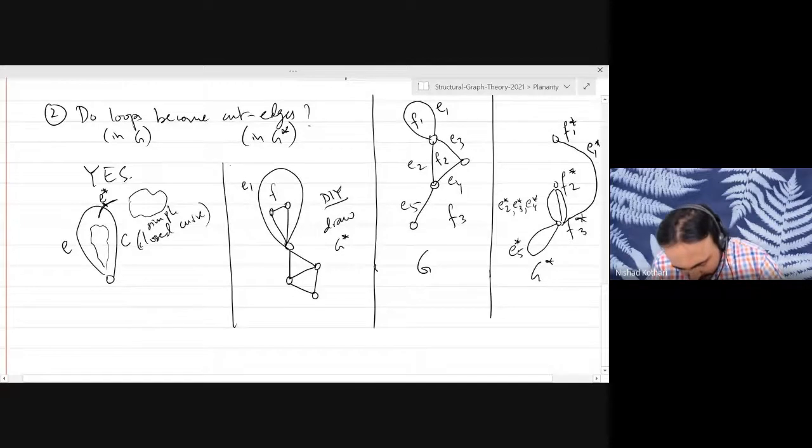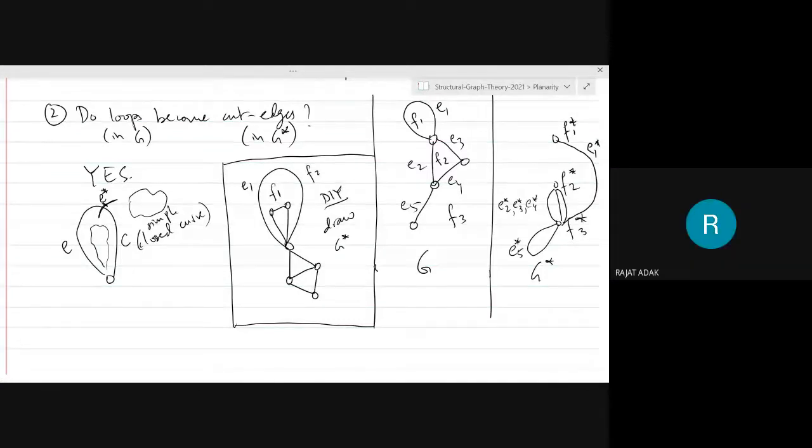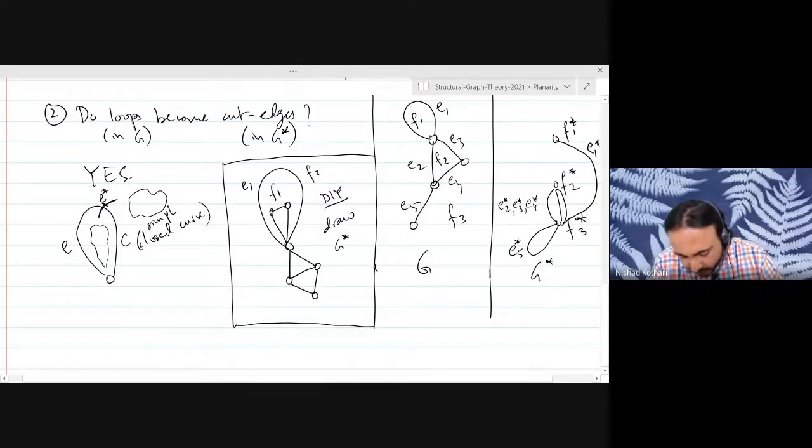It is true in the small example that we drew earlier, but if you look at this example, there are two faces on the sides of E1, right? One face is F1 and the other side is F2. Now notice that the degree of F1 is not 1, because you look at all the edges on the boundary of F1 and you will get one edge for each of those in the dual. So the boundary of F1 actually has 4 edges in this example. And the same is true for F2. It has more than 4, I think.